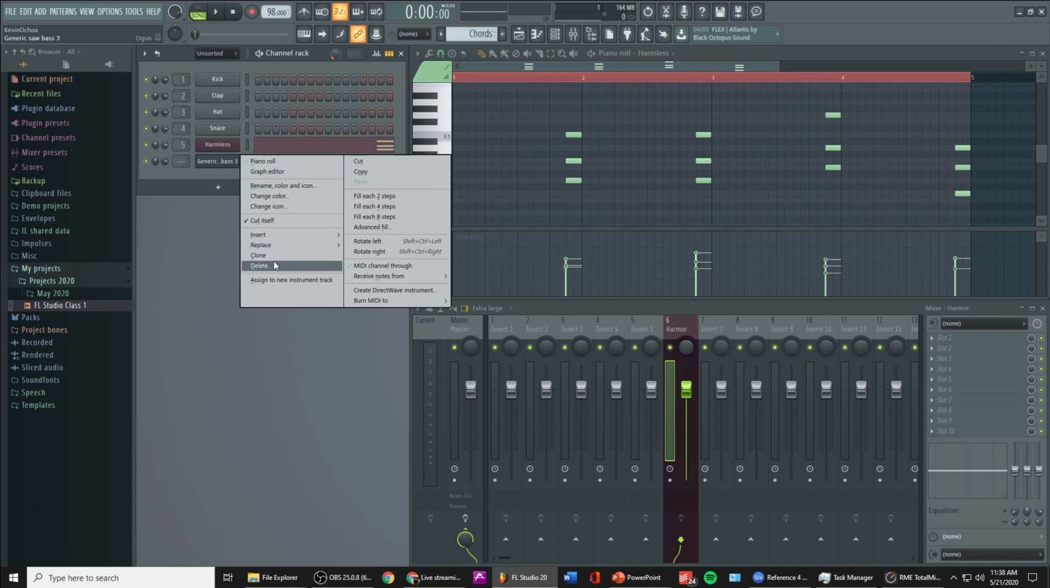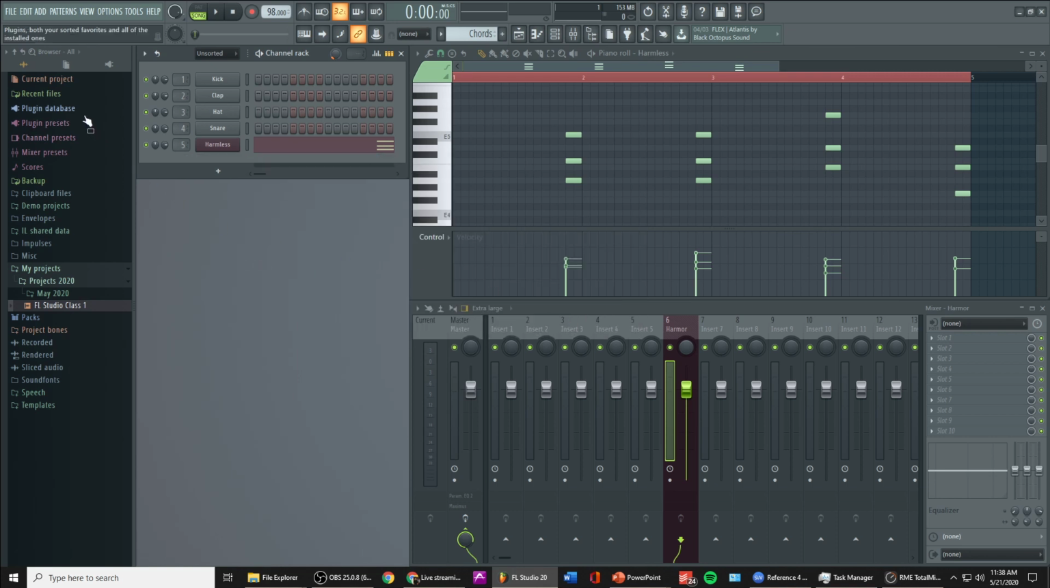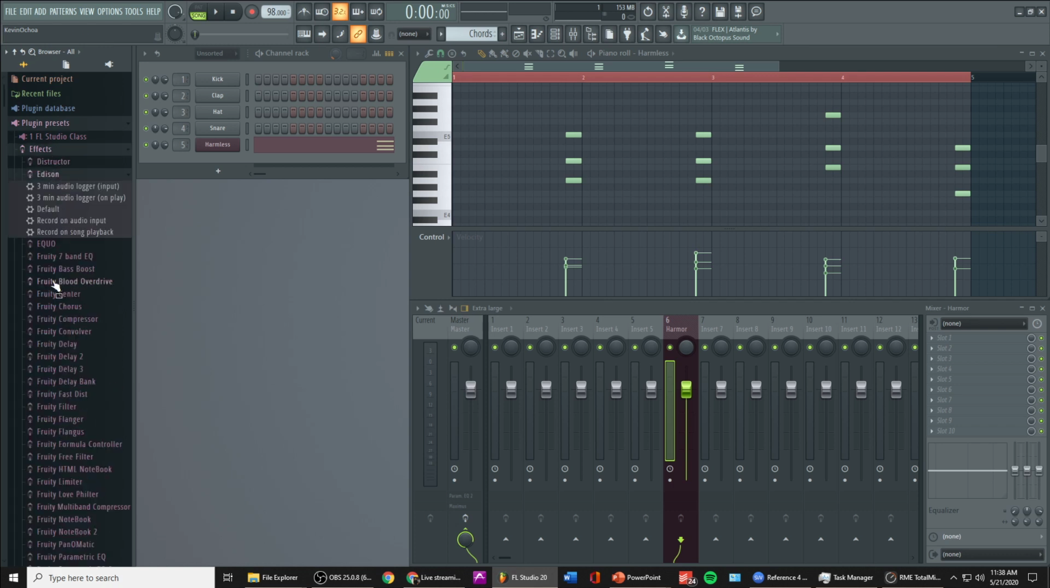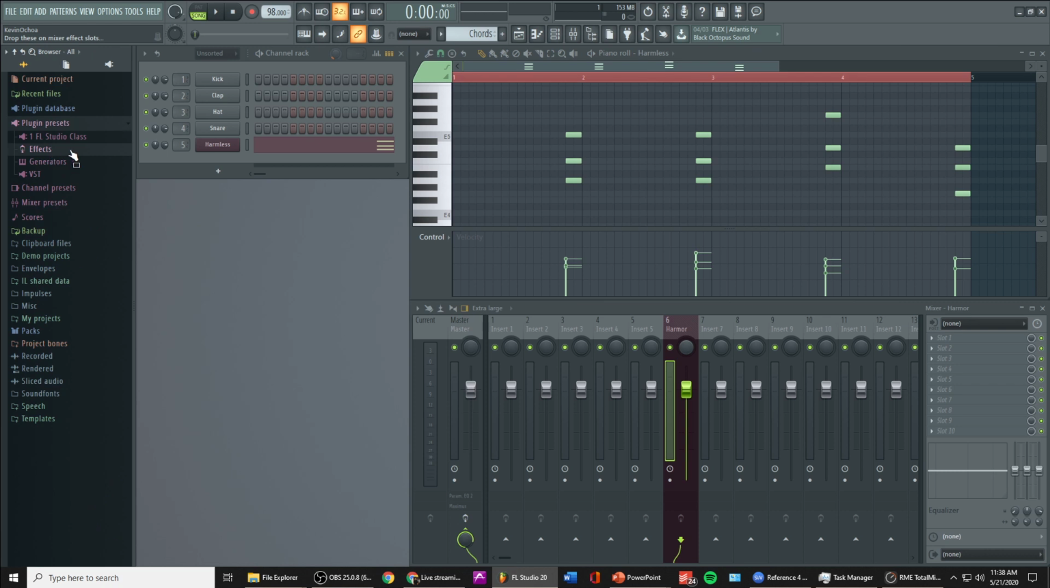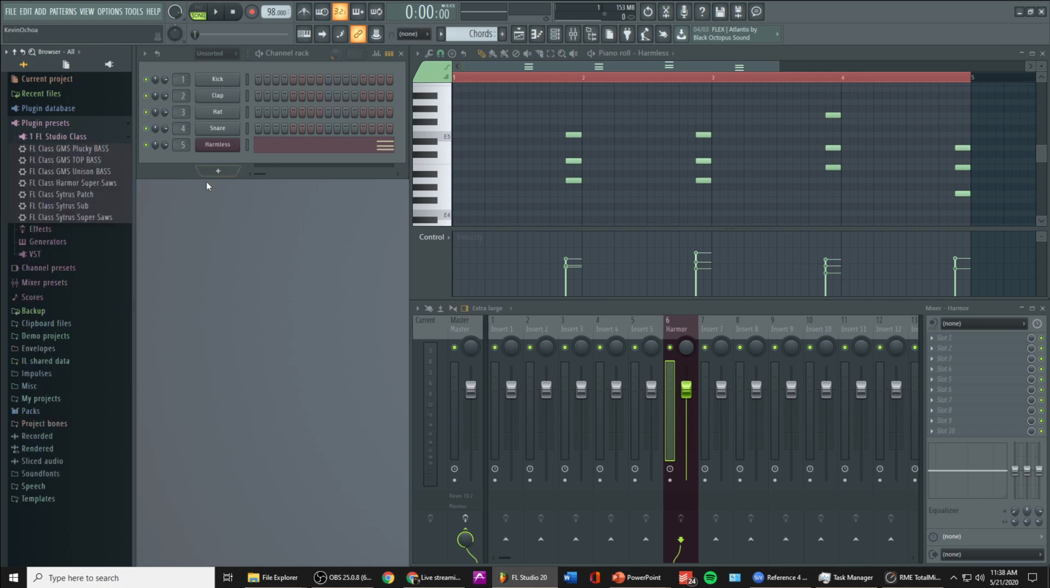Now, what FL Studio allows you to do is use a plugin database and a plugin preset folder. Here we can have all our presets for all our plugins saved. That's really cool, and it also works for all our effects plugins as well, and third-party plugins too, if you would like to add them here. So that's amazing. I'm going to click on this folder right here, the FL Studio class, and I'm going to load up